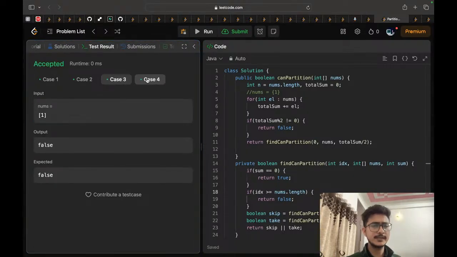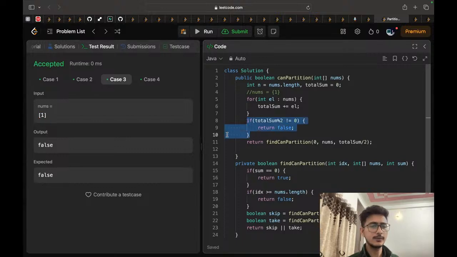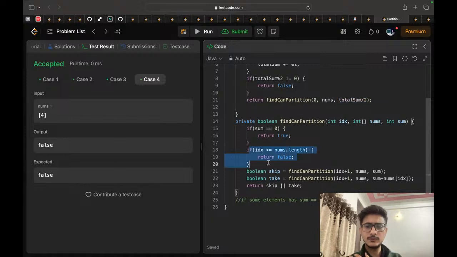Okay, test cases are passing, because this sum will be odd, so we are returning false from here itself. And in the case of 4, we are passing 4 by 2, which is 2, so we can't take a number which has a sum of 2. Okay,